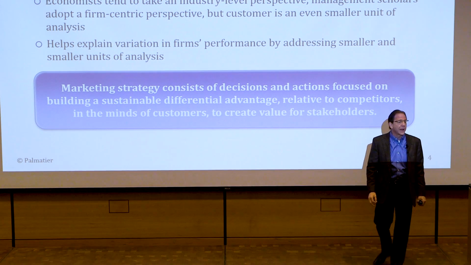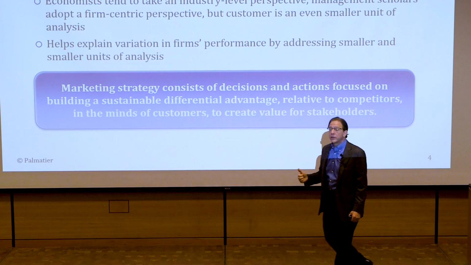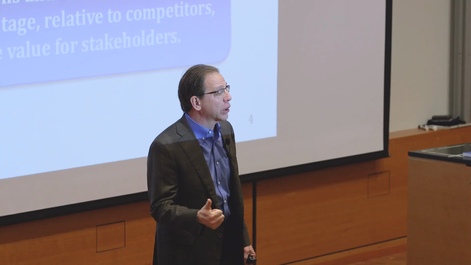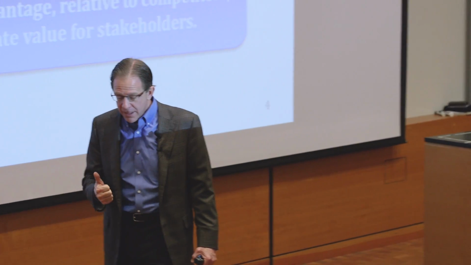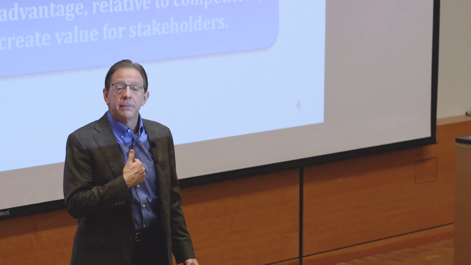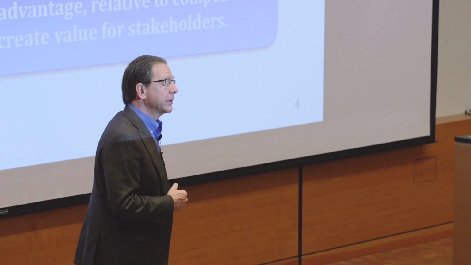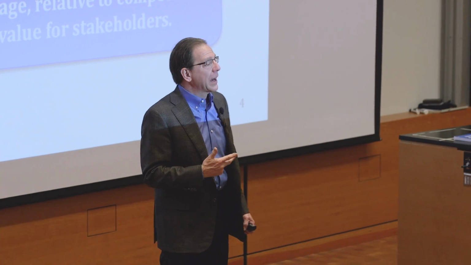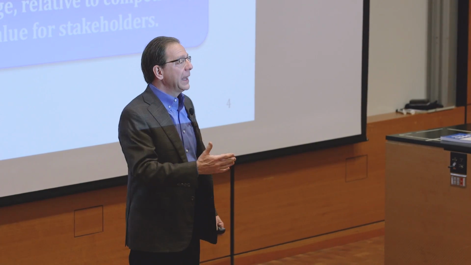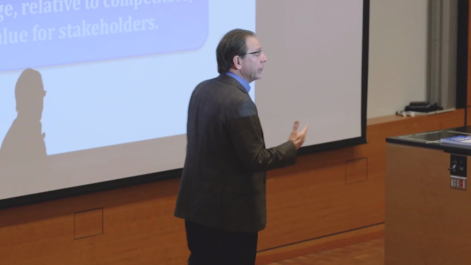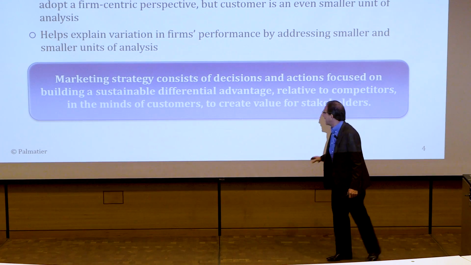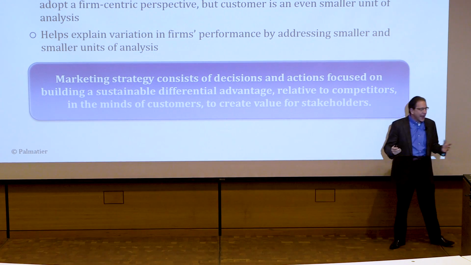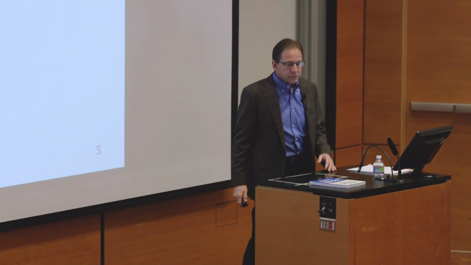And when I say stakeholders, what do I mean? Obviously, the customer's one stakeholder. We want to have value to the customer. If we don't have value for the customer long term, they won't stay with us. They'll go to a competitor. We want to have value for the firm selling the product or service, because otherwise they can't stay in business and keep innovating. But we also want to have value, if you will, for society and for the employees and in some cases there's even other stakeholders. So we recognize that there's multiple stakeholders in this definition. So that's what we have as the definition of marketing strategy.